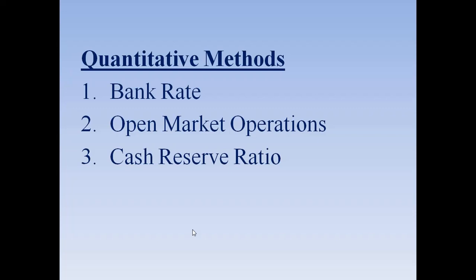If the inflation is increasing in the country and they want to control the inflation, then they will increase the bank rates. This way the money supply will be controlled. And if there is deflation in the market, then they will cut down the bank rate so more money can be supplied in the market. So that's how they keep on regulating the bank rates.